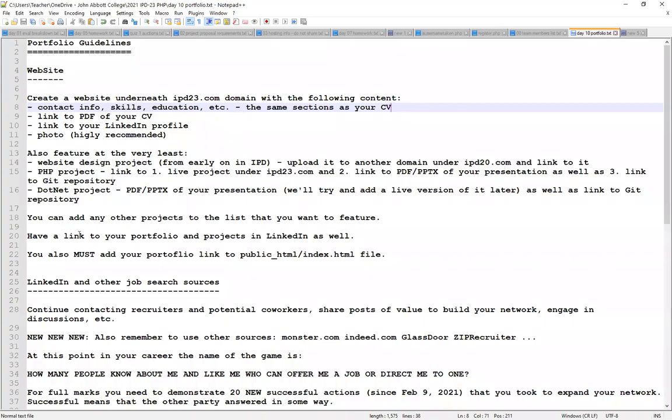All right, so let's talk about your portfolio website. As part of the course, you are required to create a portfolio site, as you know. The way this generally works is that you pick, usually, your first name or some shorter version of it, dot, let's say, ipd23.com. You create a subdomain on the hosting,